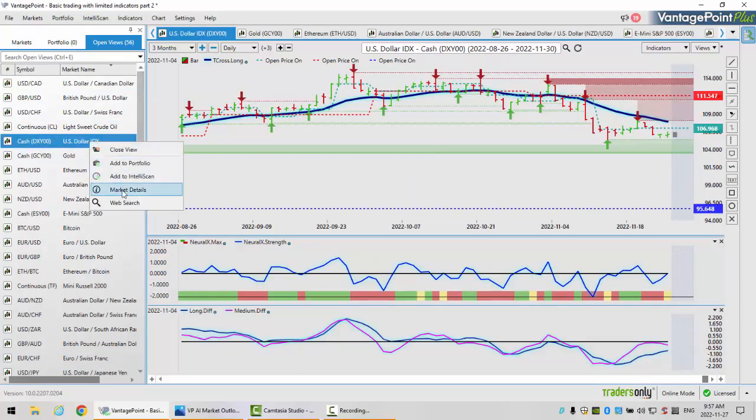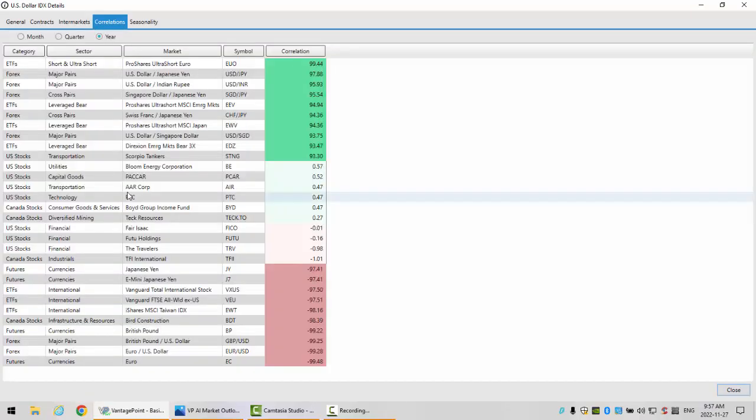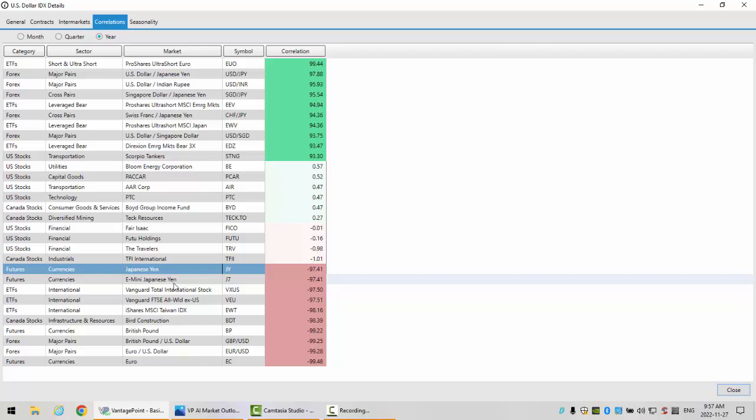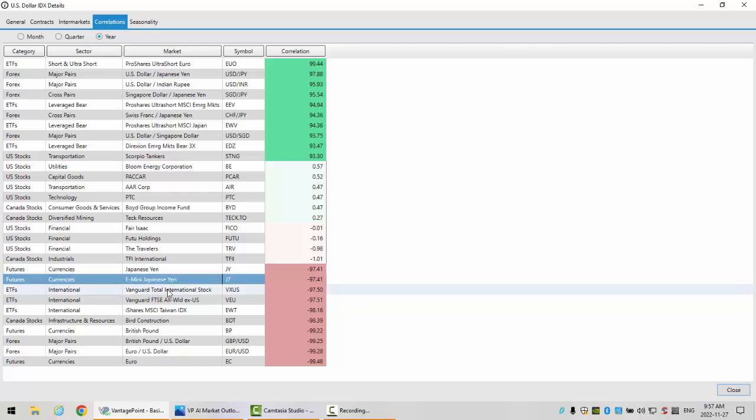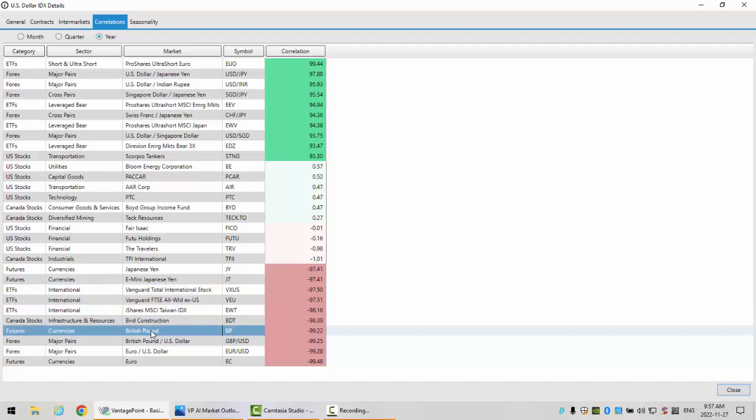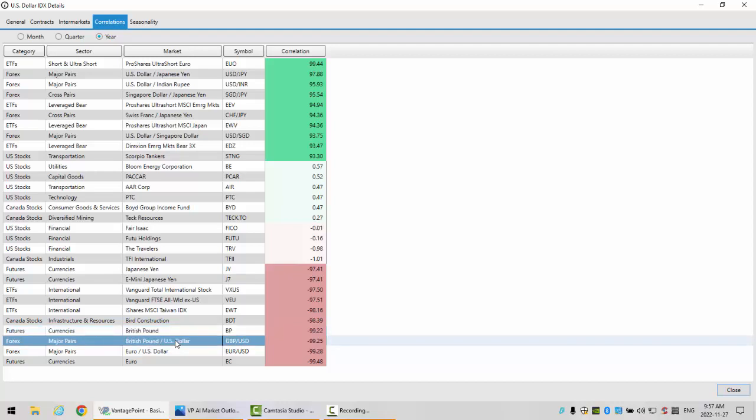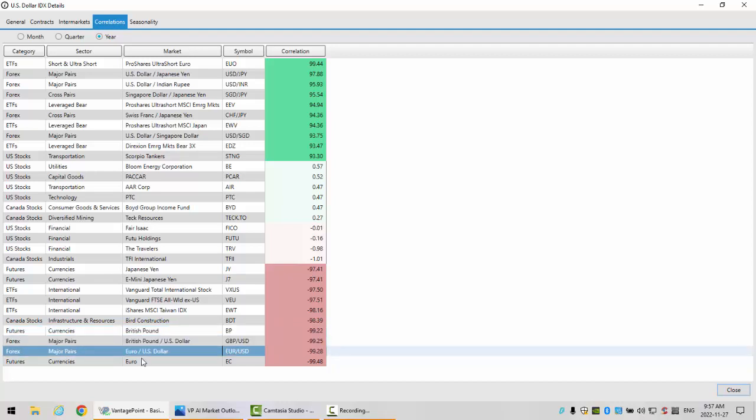So if we look closer at this, regardless where the dollar goes from here, whether it can recover or not, if it does, these markets will go up. But in the alternative, if the dollar continues to slide like it usually does in the month of December, the seasonal pattern there is quite strong that the dollar does not do well from about the second week in December on. And we have the Fed and everything else. But if the dollar does move lower, then the Japanese yen will move higher. The E-mini Japanese yen futures contracts, these are all very highly correlated. The British pound, 99.22% inversely correlated, as is the British pound currency pair, the euro, and the euro US.